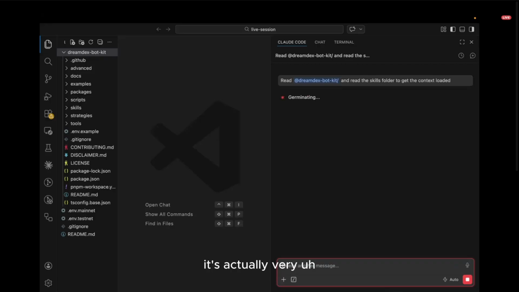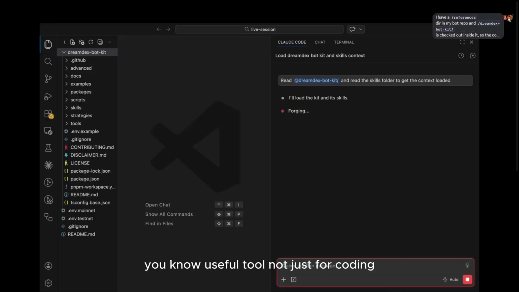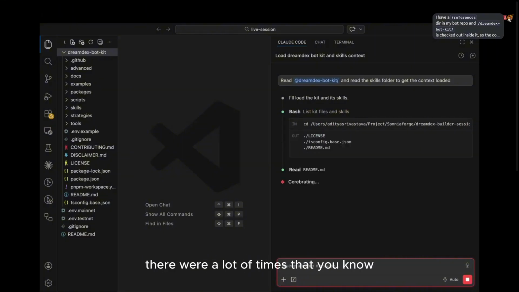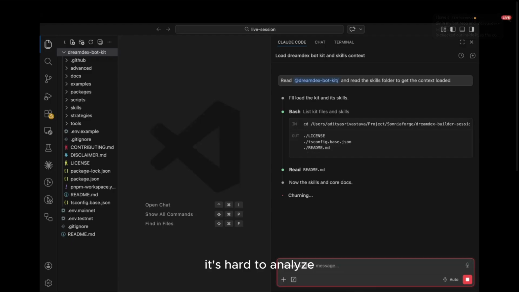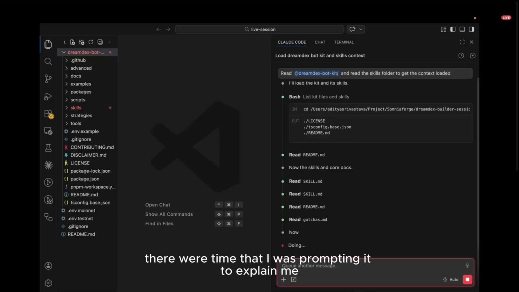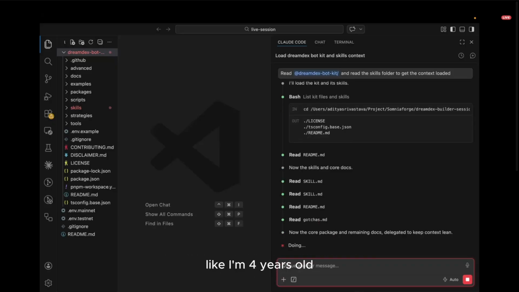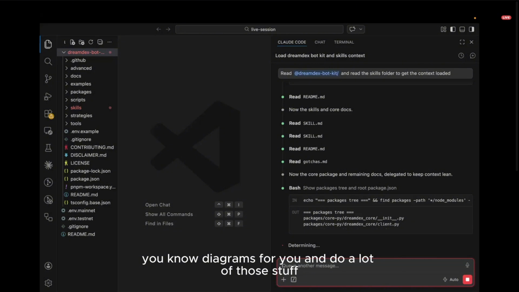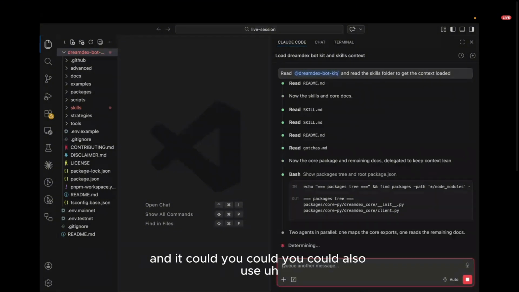Yeah, it's actually a very useful tool not just for coding but for learning stuff. Even when we were working on this Somnia Agentathon hackathon, there were a lot of times that it was hard to analyze and visualize the logic in your head, like what is happening. But when you ask it, there were times that I was prompting it to explain to me like I'm 4 years old, explain like I don't understand anything, and it gives such good explanations. It will create diagrams for you and do a lot of that stuff.